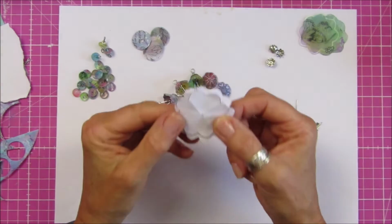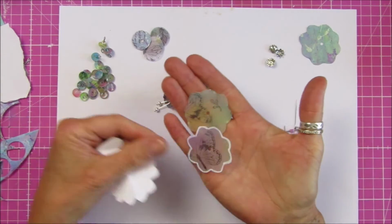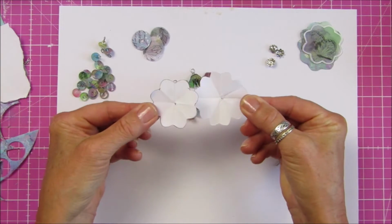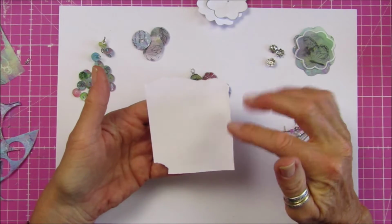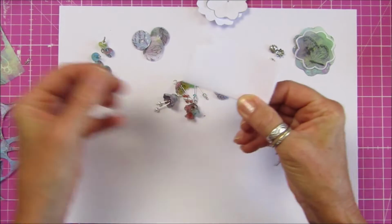So first of all, I'm going to show you how to make the template. Now I've made a couple here, and I've already cut them out because I don't want this to be too long a video, just a nice quick one. So I'm going to show you how to do these, because obviously all of you don't have die cuts or die cutting machines. So I'm going to take a piece of scrap paper, I'm just going to fold that in half